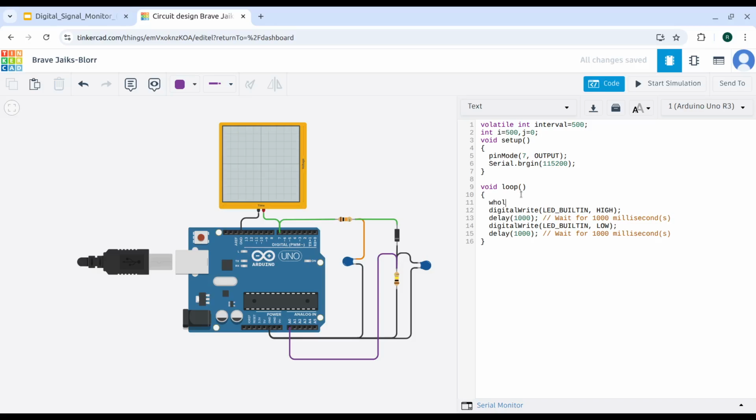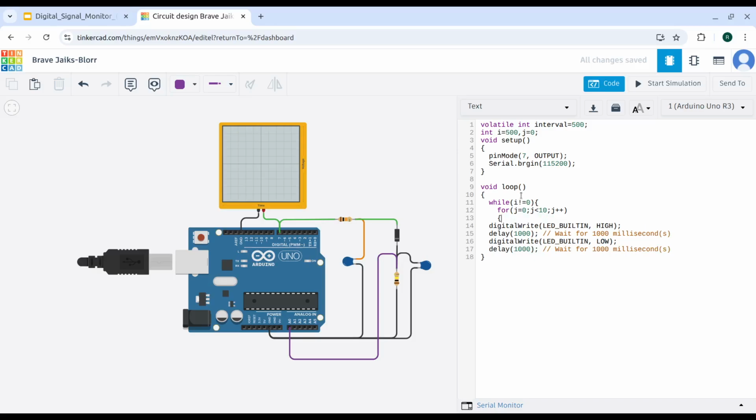So here we are using a while loop, while i not equals 0, then open bracket. Here we need to write the for loop, for j equals 0, while j is less than 100, and j is incrementing. Here close,